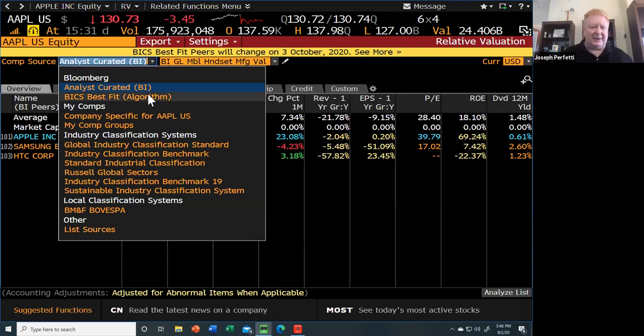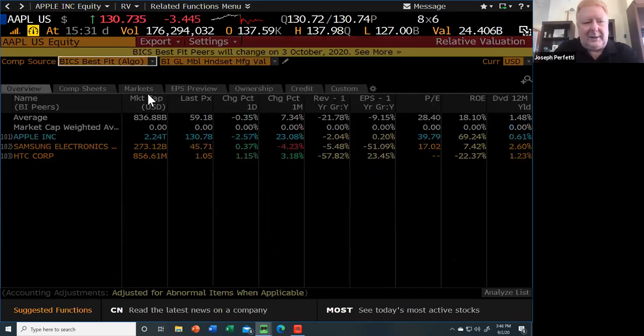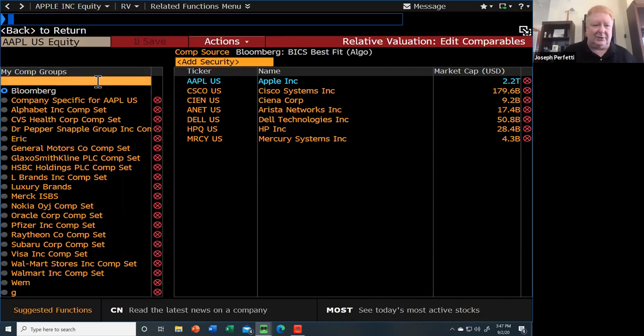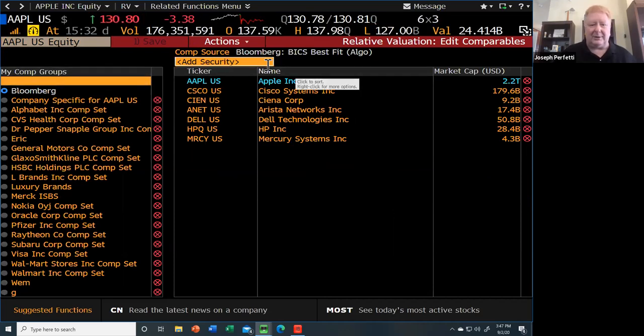Second comp source is the algorithm. BICS means Bloomberg Industry Classification. So there's a computer algorithm at Bloomberg that's guessing who they think the competitors are, and that's this comp source, right? Now, you also have the ability, by clicking on this little pencil-like button, to create your own comp source. So you can put in your own securities or red X out securities and look at your own peer group. And finally,